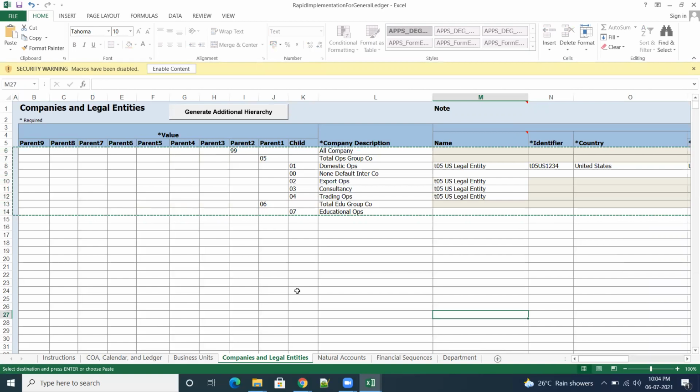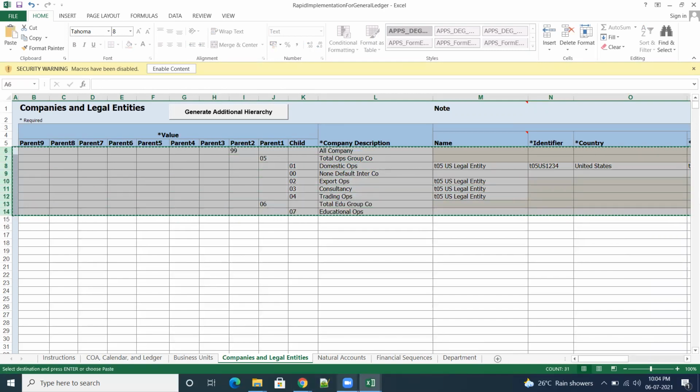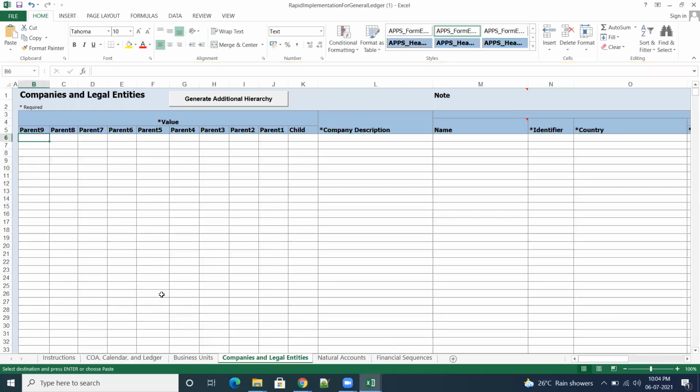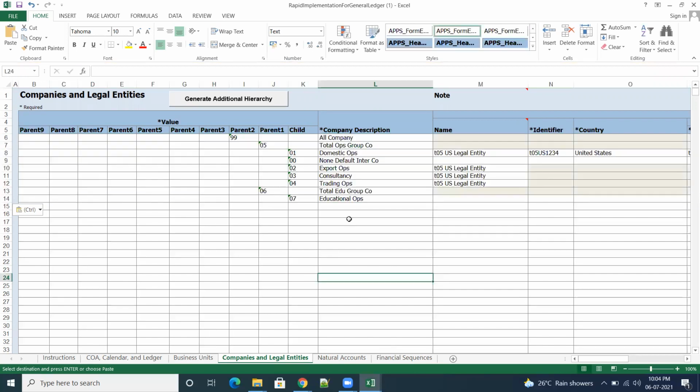Okay, so we'll take it row wise. Copy this, go here, select that row, paste. Okay, so 07 till 07. If you want, I'll give some 08.